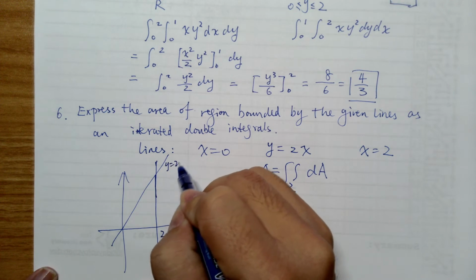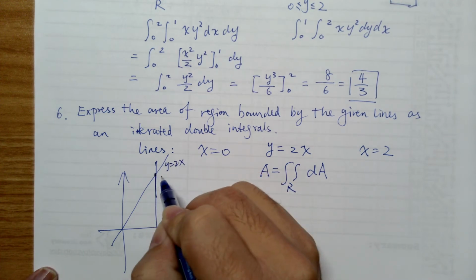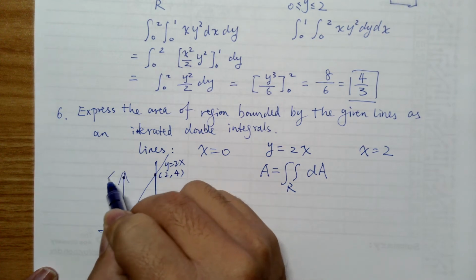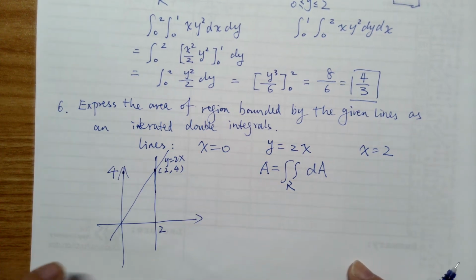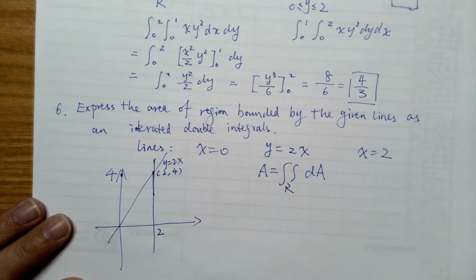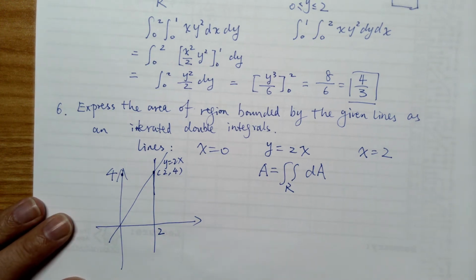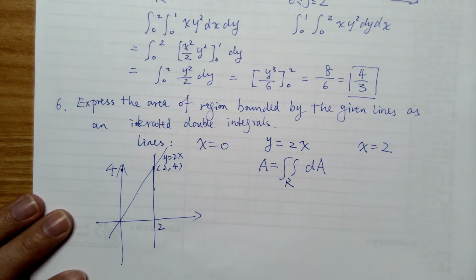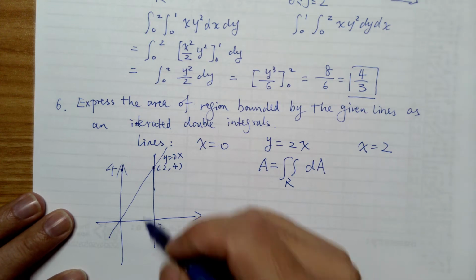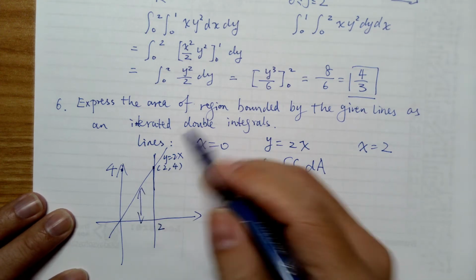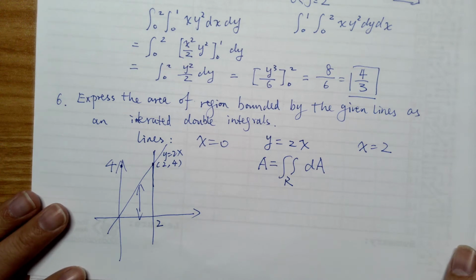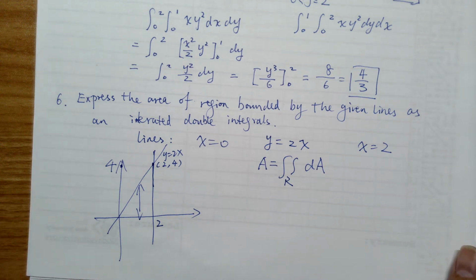This is y equals 2x. And it turns out the coordinates of this point are going to be 2, 4. So I can label here 4. It really depends on whether you want to express in terms of y and then x or vice versa. Okay, so if we set it up, constructing a vertical